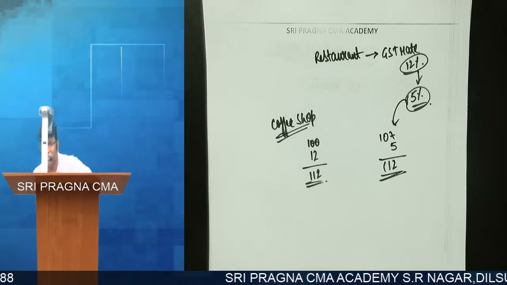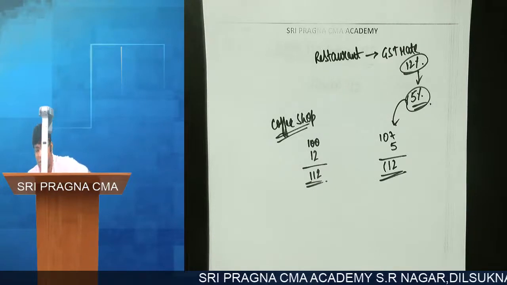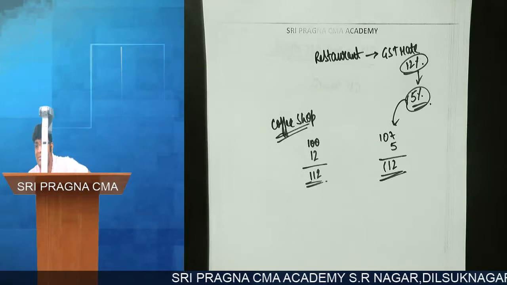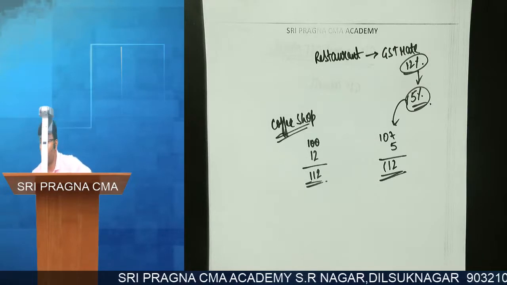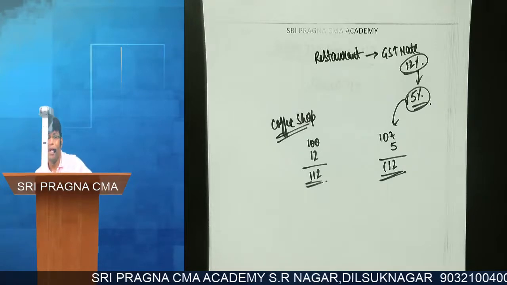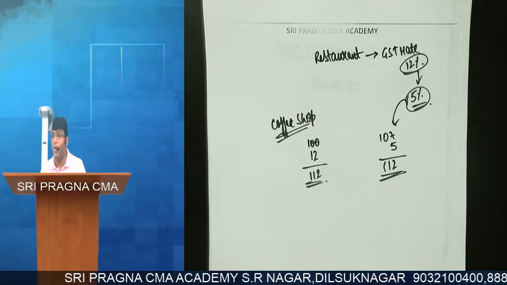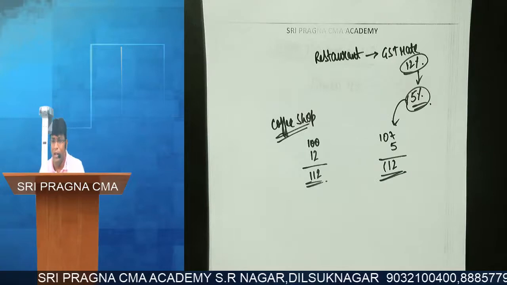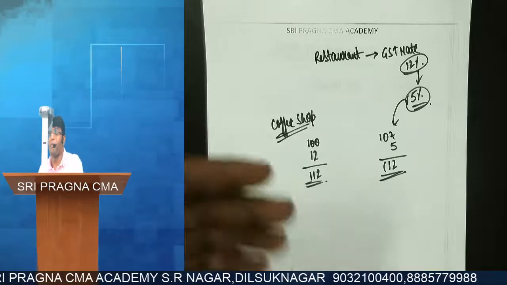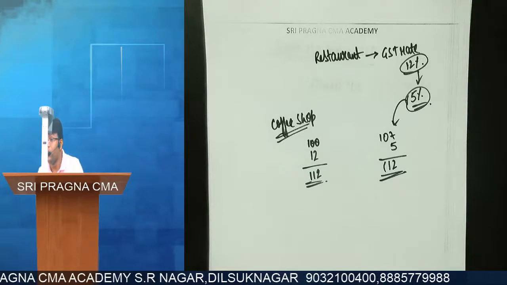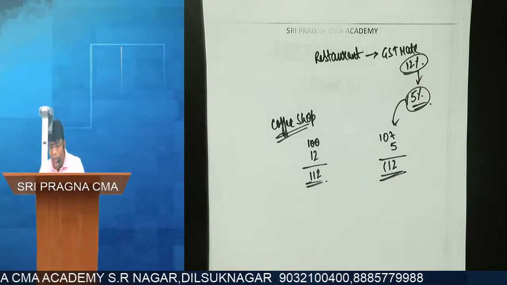For businessman's benefit? For whose benefit did government reduce the rate? Consumer, sir. Let's not use the word customer, we'll use the word consumer. Ultimately, government reduces the GST rate only for the benefit of the end consumer, so that the price will come down for the end consumer. He can afford the product more happily and comfortably. That is the only reason why they reduce the rates.